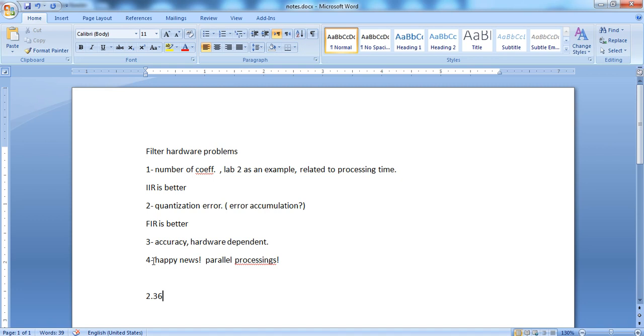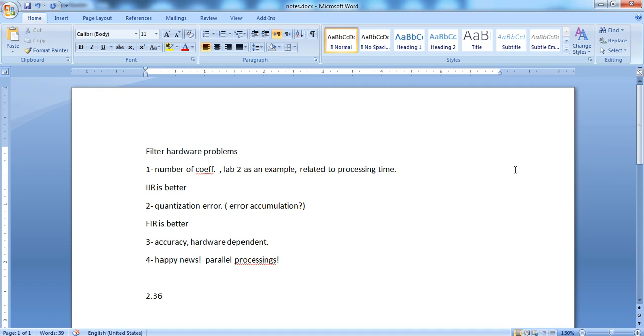The fourth point, which I called happy news, parallel processing, it's something we said here, that the number of coefficients is related to processing time. What is processing time? It's the number of multiplications we have, then the number of additions we have. But the multiplications are independent of each other. If you have a signal which contains 100 data and a filter which contains 100 coefficients, when you multiply the first data with the first coefficient, it is independent of the second data with the second coefficient, independent of the 10th data with the 10th coefficient, which means if I have a